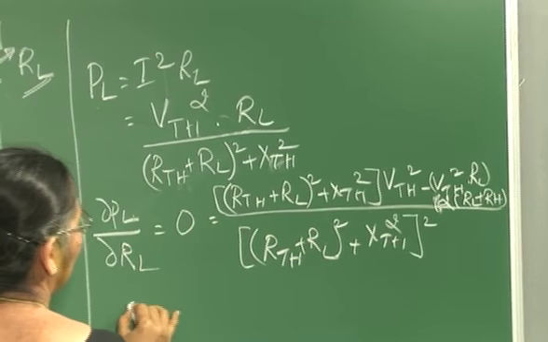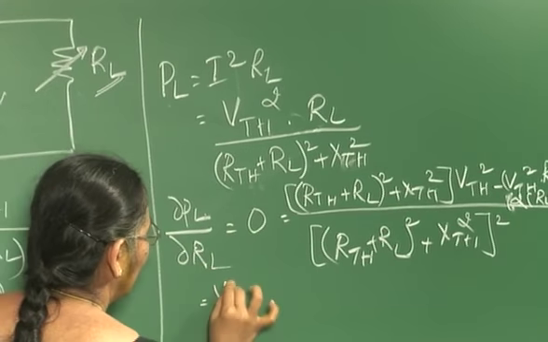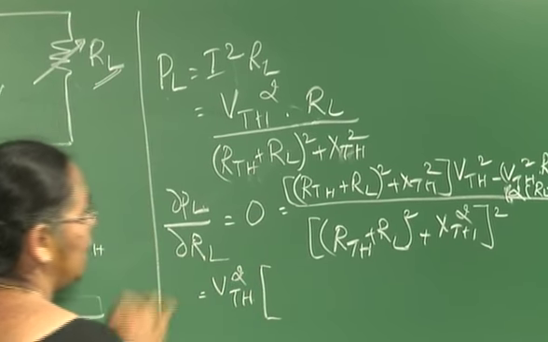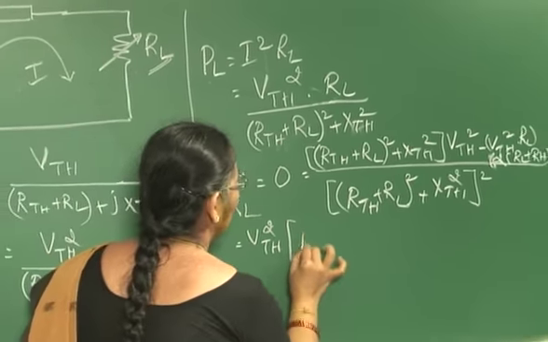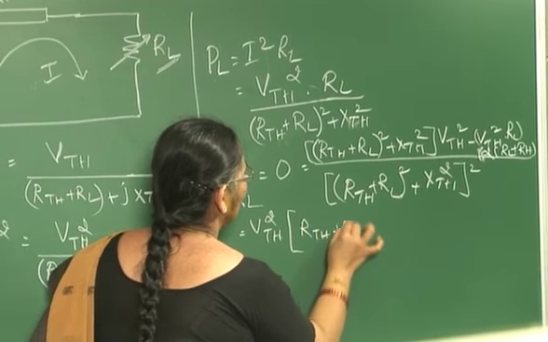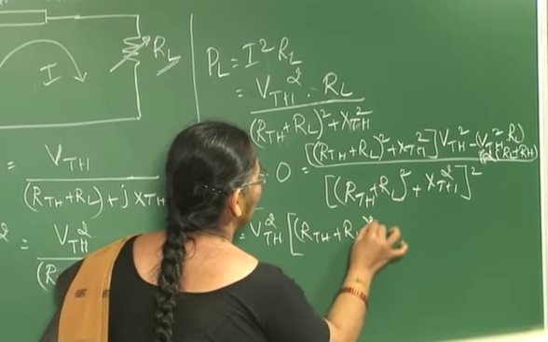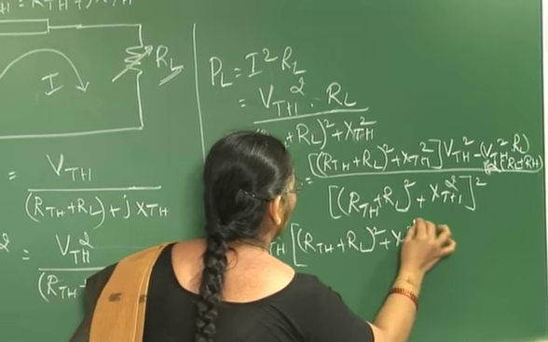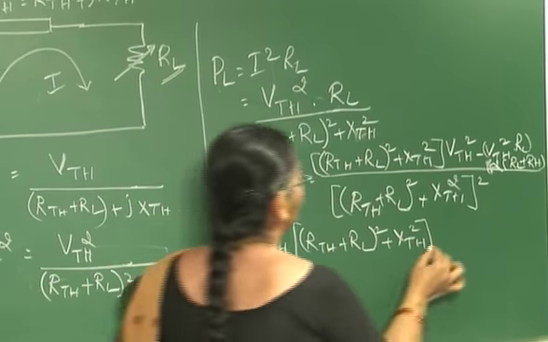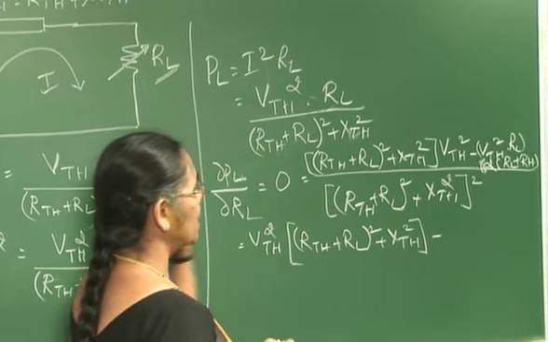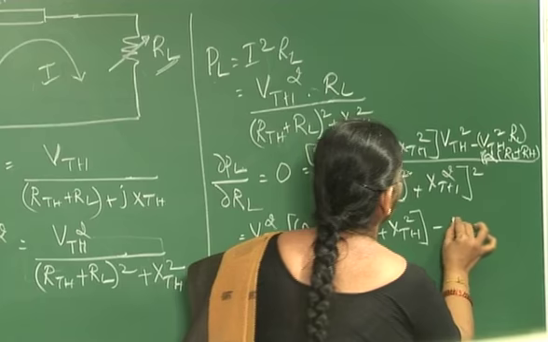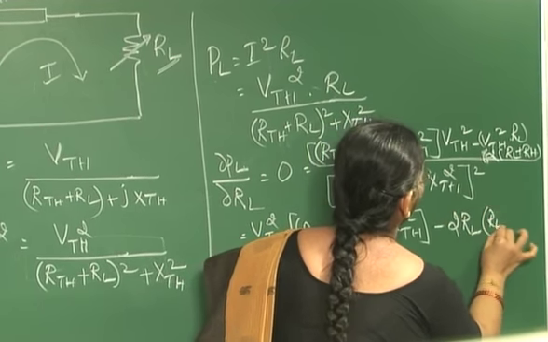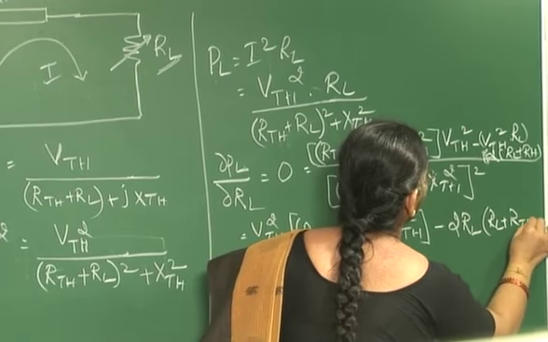Writing it properly, taking V Thevenin square as a common factor, the numerator part is (R Thevenin plus RL) the whole square plus X Thevenin square